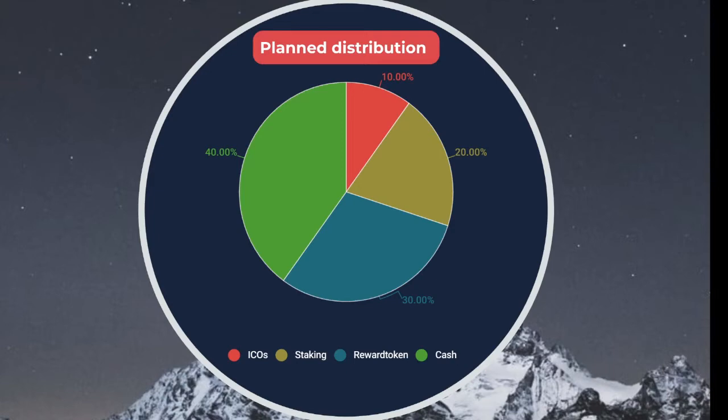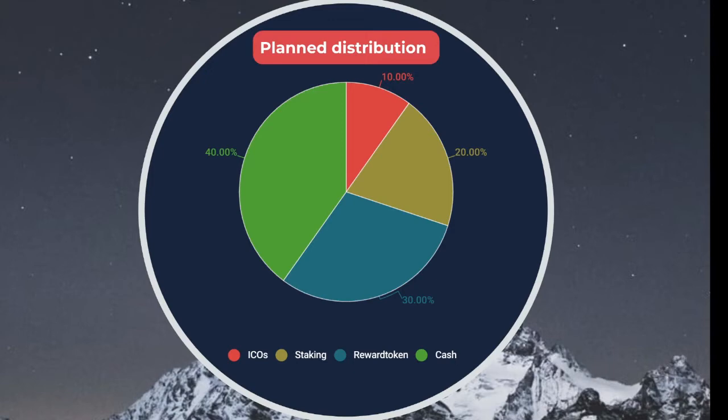But this chart will change a lot. This is nothing fixed, nothing which we really need to stick to. This is just a rough orientation of the way we want to go with the fund, because the fund is a very important part for our token. And just keep in mind, every single day the fund is growing step by step. And at some point, especially if it reaches